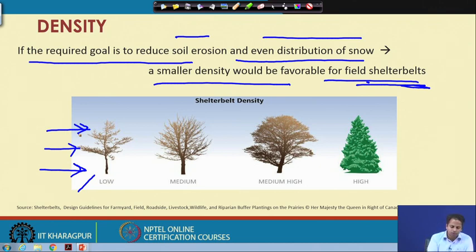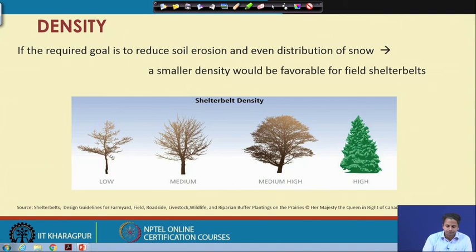So, although the effect of downwind reduction will be more here, suppose your requirement is to trap snow also and to reduce the effect of wind temperature, then in that case this will not be effective.